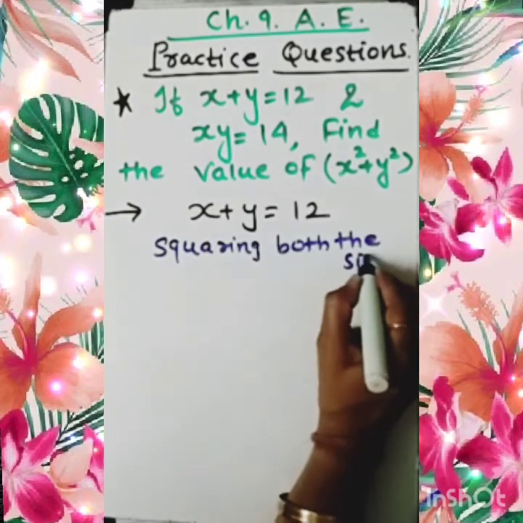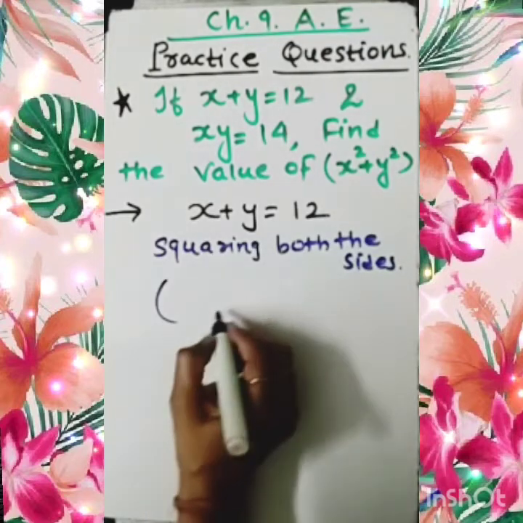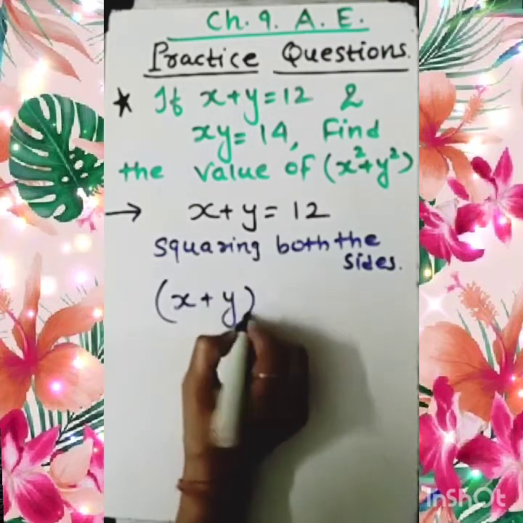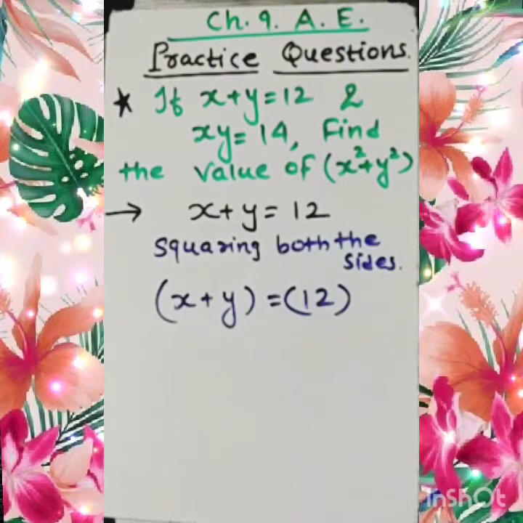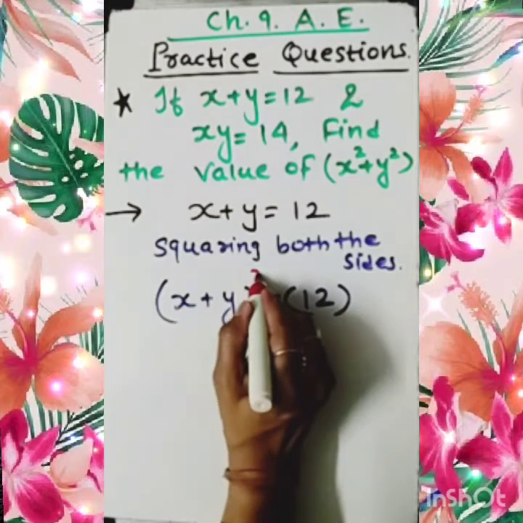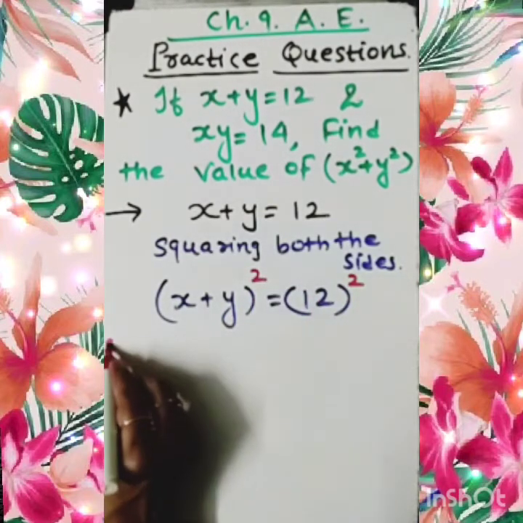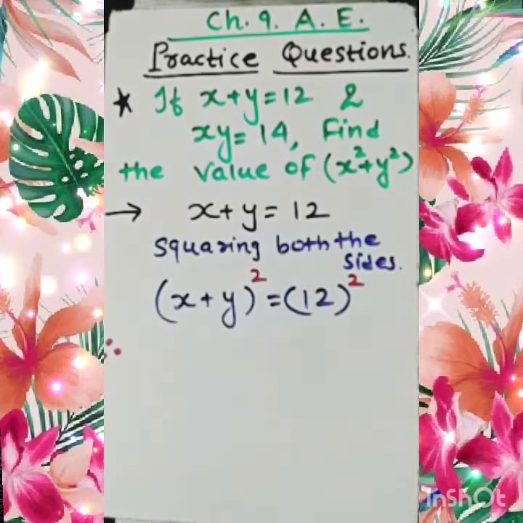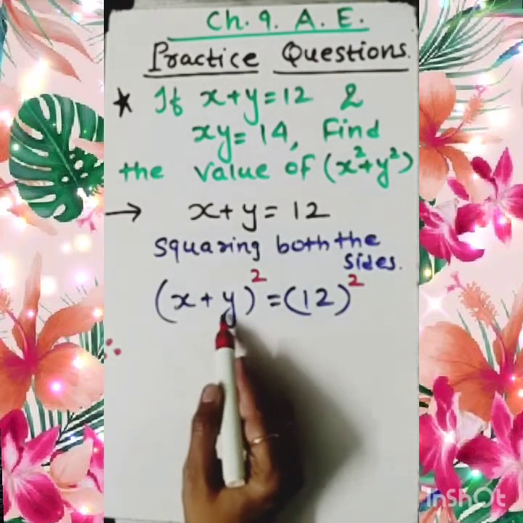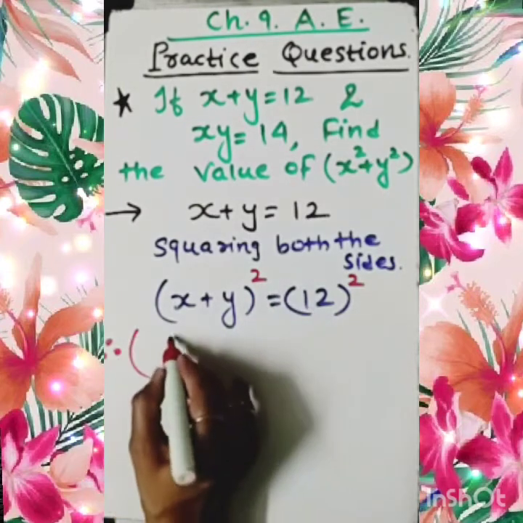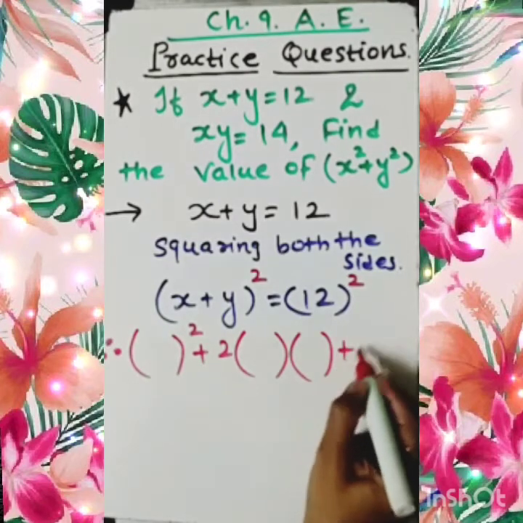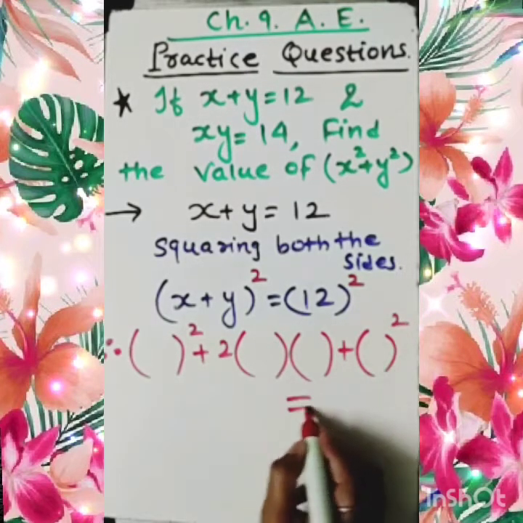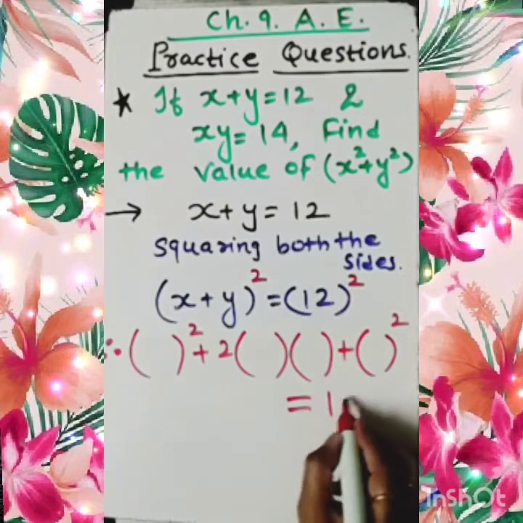Okay. If I square both the sides, then what do I have? (x plus y) whole square. Here we need to apply the first identity. You know very well, dear student, the first identity is (a plus b) whole square equal to a square plus 2ab plus b square. That is equal to 12 square, which is 12 into 12, that is